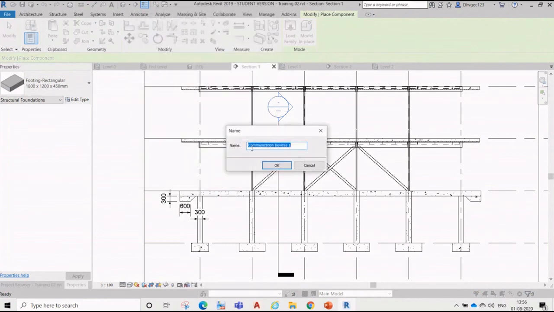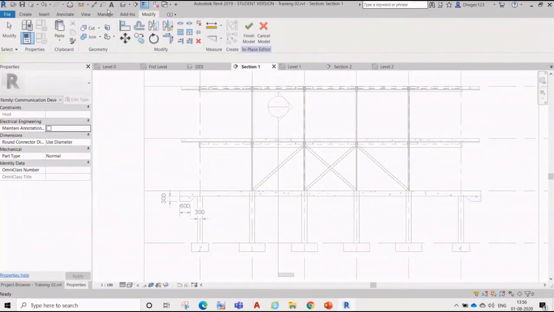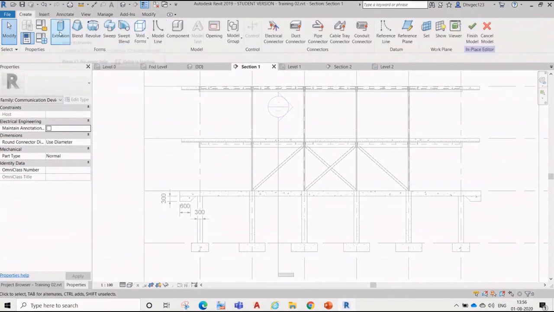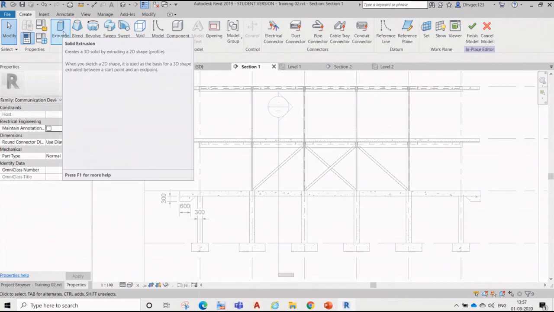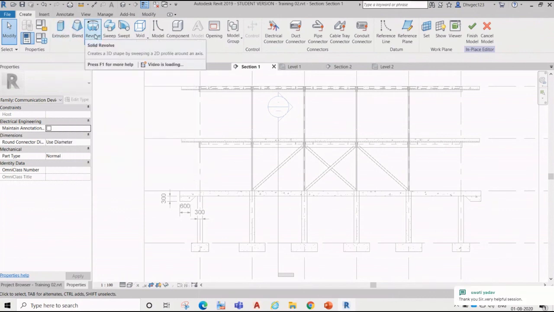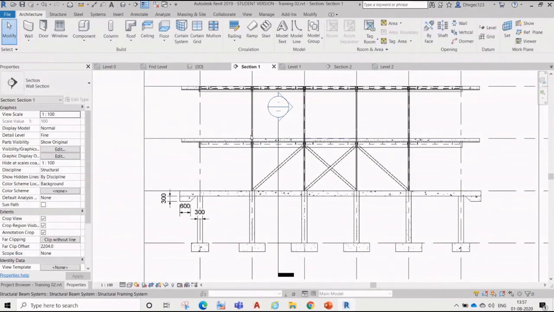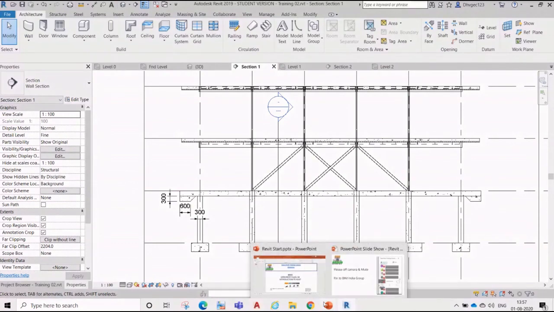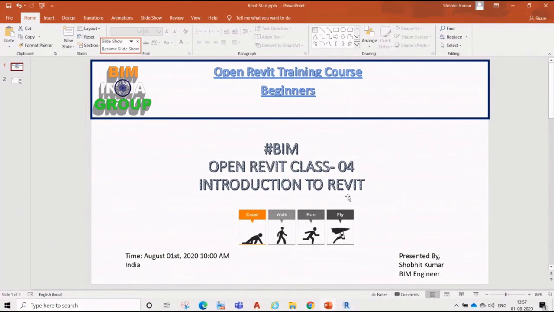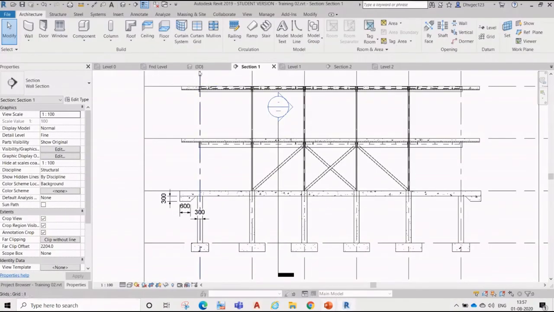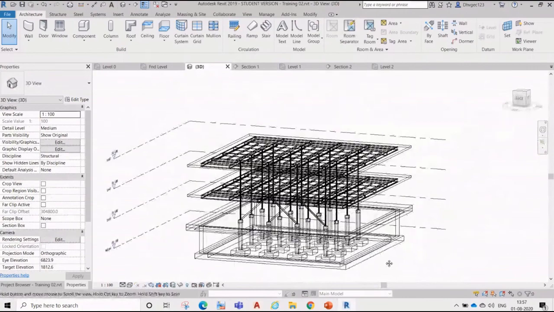So in model in place, you will see all these simple 3D tools, like we have in AutoCAD or any other application, extrude, blend, so that we can build any different geometry which is not defined in our families, structural or architectural families. Right? Does anyone have any query? No?